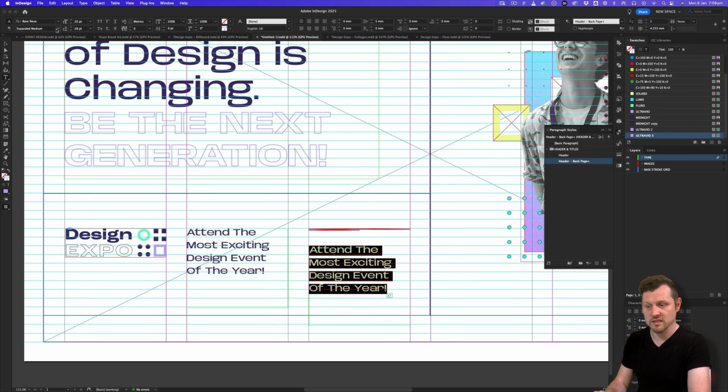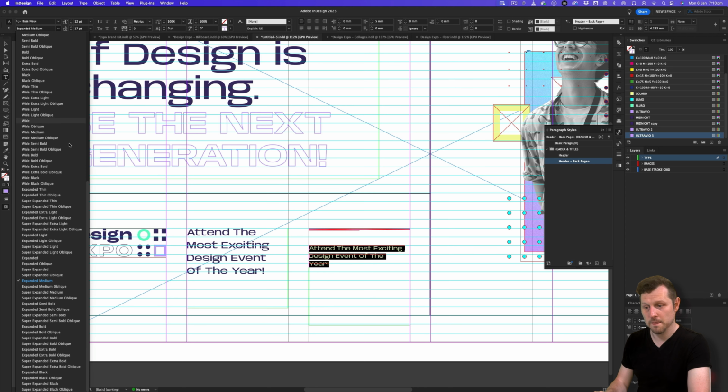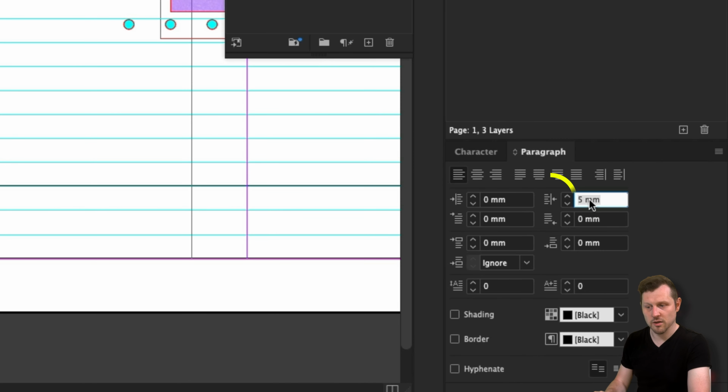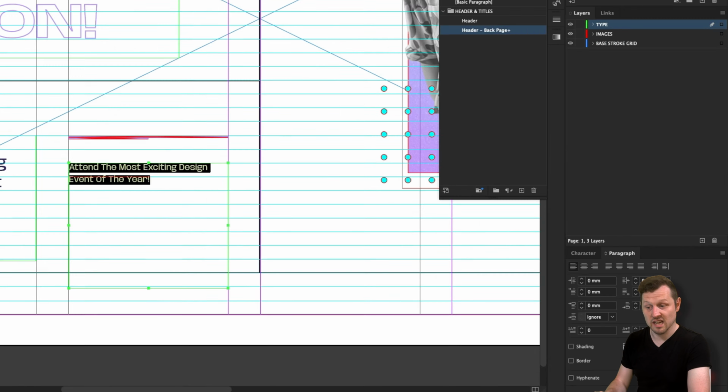Up in the control panel, I'll set the font to 12. I'll set the leading to 17. I'll hit the drop down for the font family and change this to medium. I'll set the right indent down in the paragraph panel back to 0. I'll come into the paragraph style panel, click on the top right menu, click new style, and I'll name this